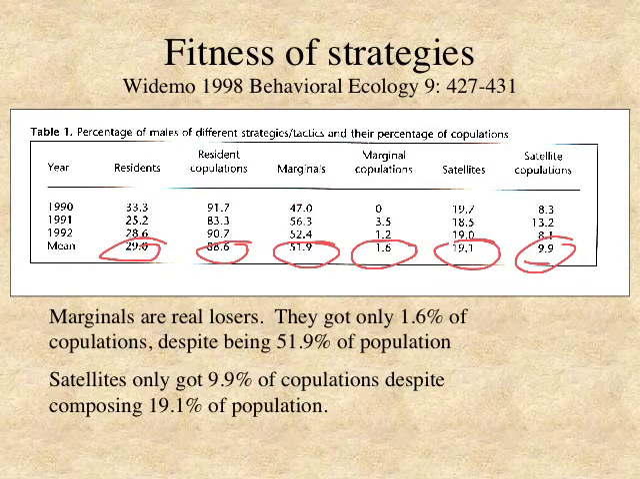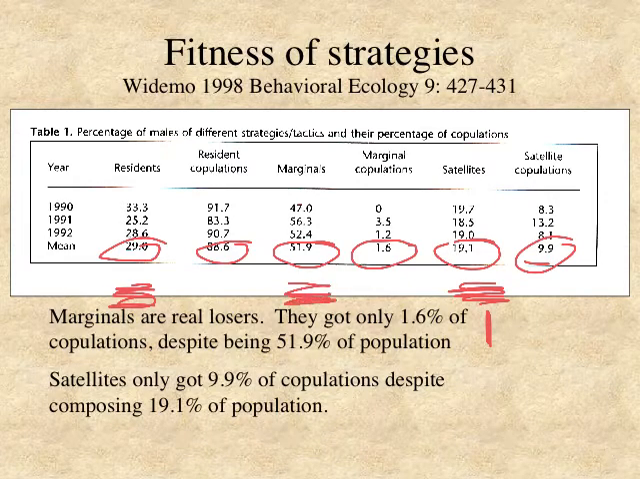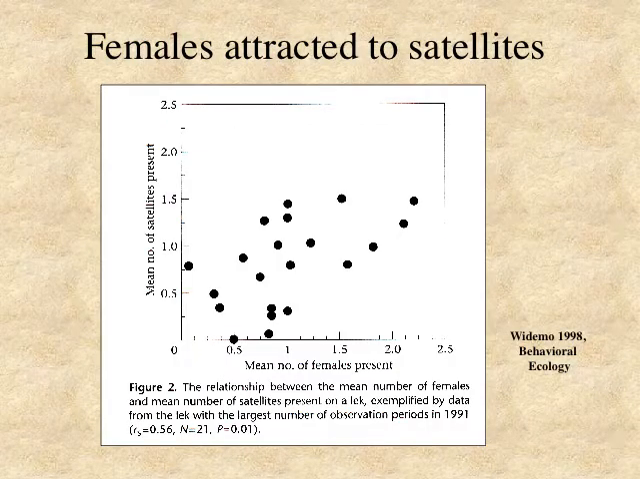Just be careful, don't compare satellite fitness with resident fitness, because the residents are the winners of the independents. You have to compare the satellite fitness with the residents and the marginals, right? Not just the residents. Anyway, Gadimo was sort of surprised by this and investigated a bit further, and one of the things that he discovered is that the females appear to be attracted to the satellite males with the white ruffs. So if you look across different leks, how many satellite males are there and how many females are there,